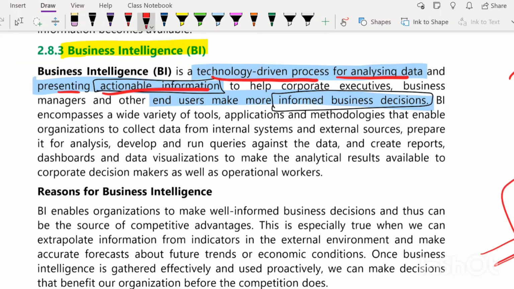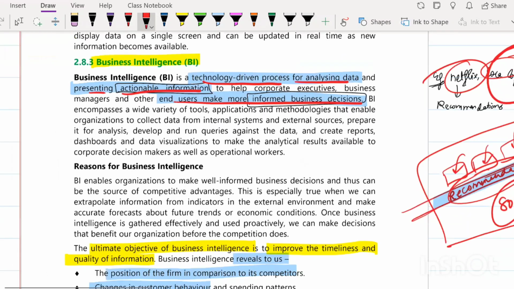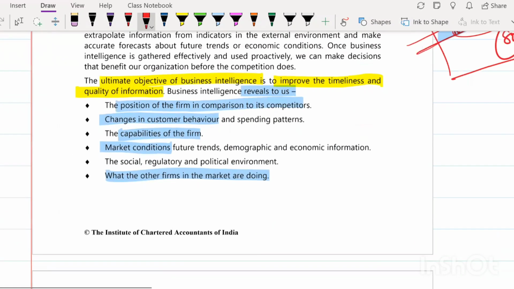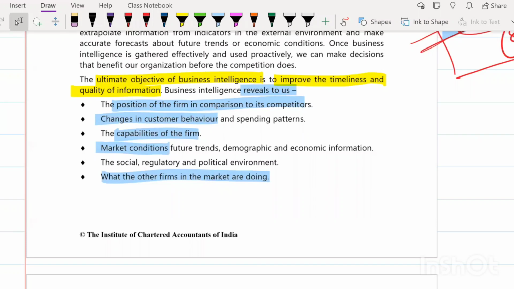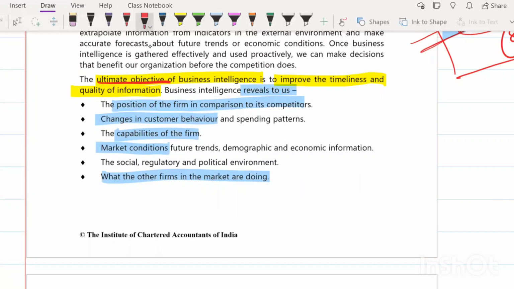So presenting actionable information, end users can make more informed business decisions. Okay, so the end users can make more informed decisions. So that is basically business intelligence. So what is the ultimate objective of business intelligence? It wants to improve the timeliness and